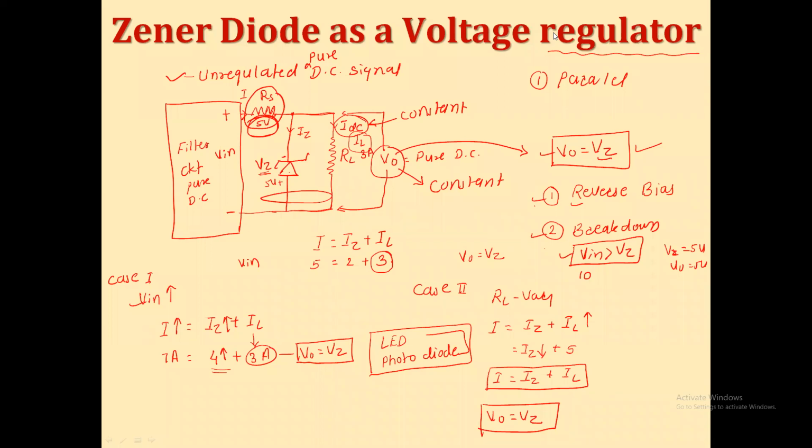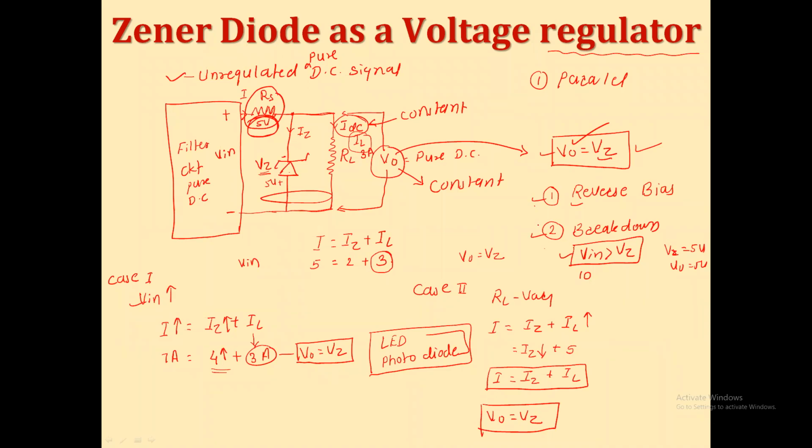When the two conditions are satisfied by the circuit, the Zener diode will maintain a constant output voltage, and this constant output voltage is always equal to the Zener voltage, so we can say that the output voltage is equal to VZ. And what are these two basic criteria that should be fulfilled by the circuit? One is that the Zener diode is connected in reverse bias, and the other is that it is operated in the breakdown region. For the university exam, many MCQs may be formed from the Zener diode.